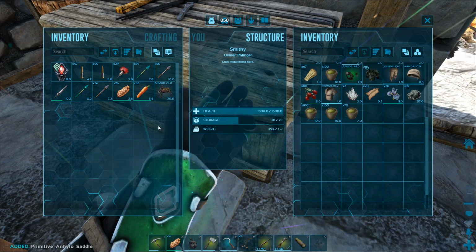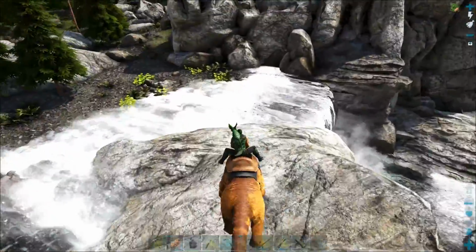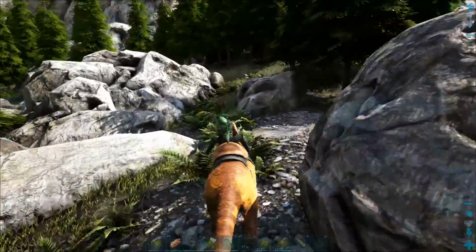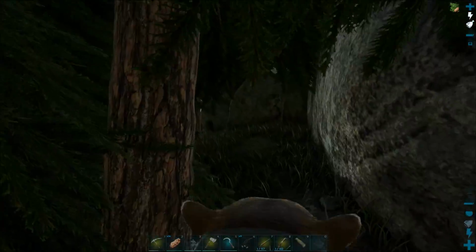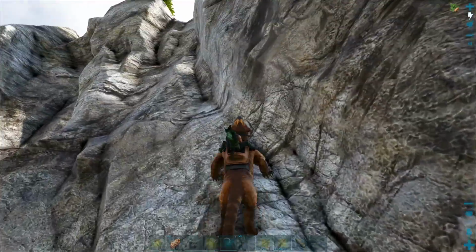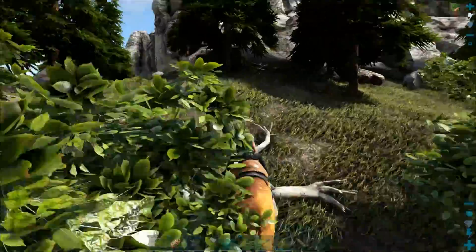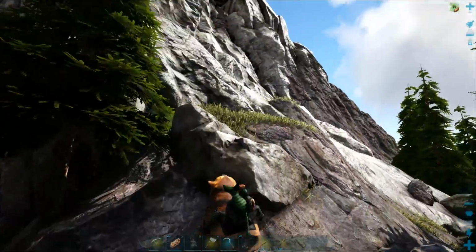All right, now there's a couple different ways that you can treat your Anky. You can either bring it down to your base and just let it chill out there, or you can have it up at the metal spot where you're going to be harvesting all your metal and just leave it up there. Put it in its own little shack up top and then leave it, or you can have it down at your base where you can protect it. It all depends on how well you plan on being able to protect it in its chosen spot. Now, the one that I've got up here, it's actually a pretty safe spot,